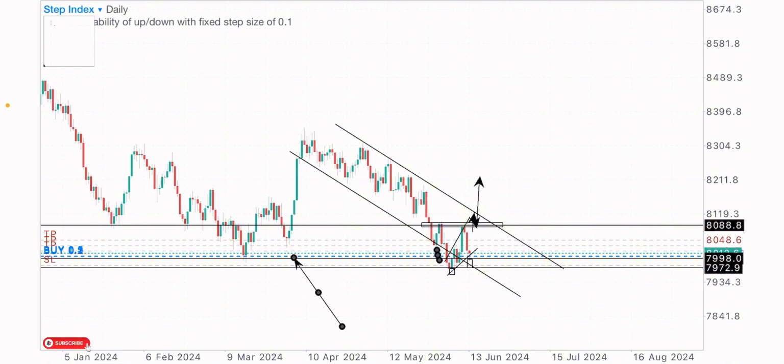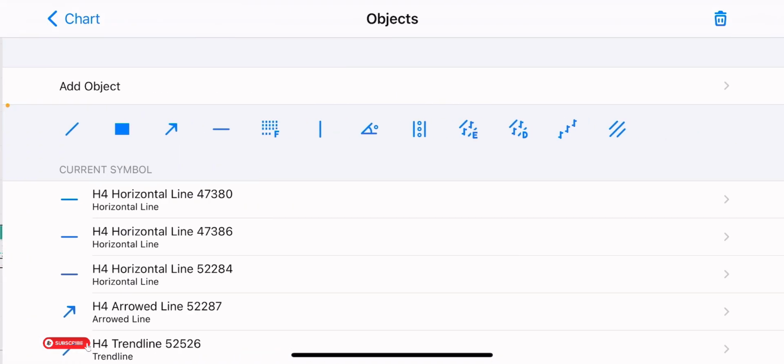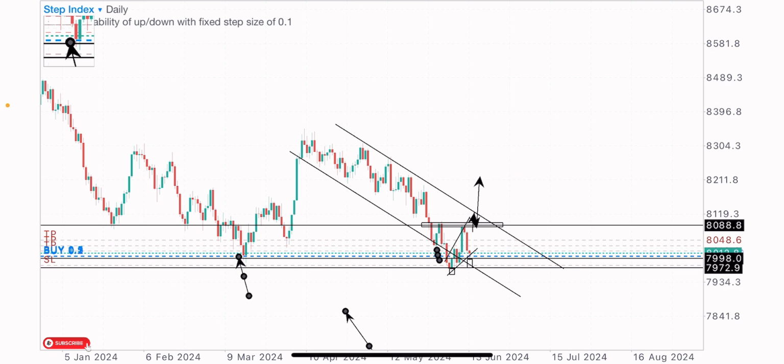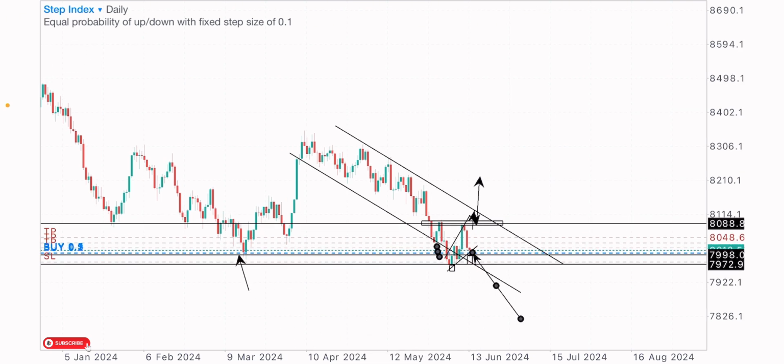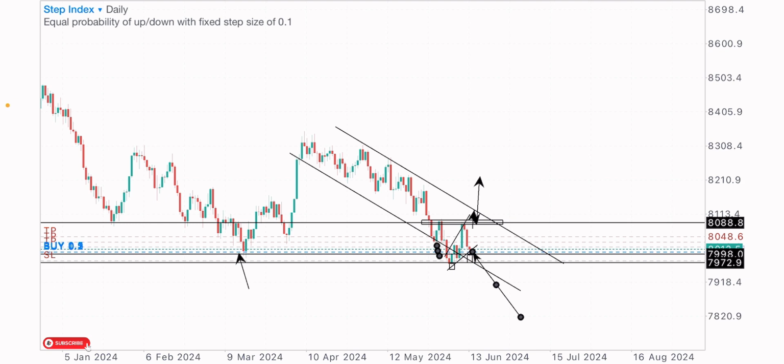So on my buy zone, this point where price dropped a couple of times is also a strong level in the market. That's the reason why I expected the buys, because no matter how far an index sells or a market sells, it will definitely get to a level and buy from. So the level where I expected this index to buy from is this level, because this was a level that the buyers showed interest in previously.